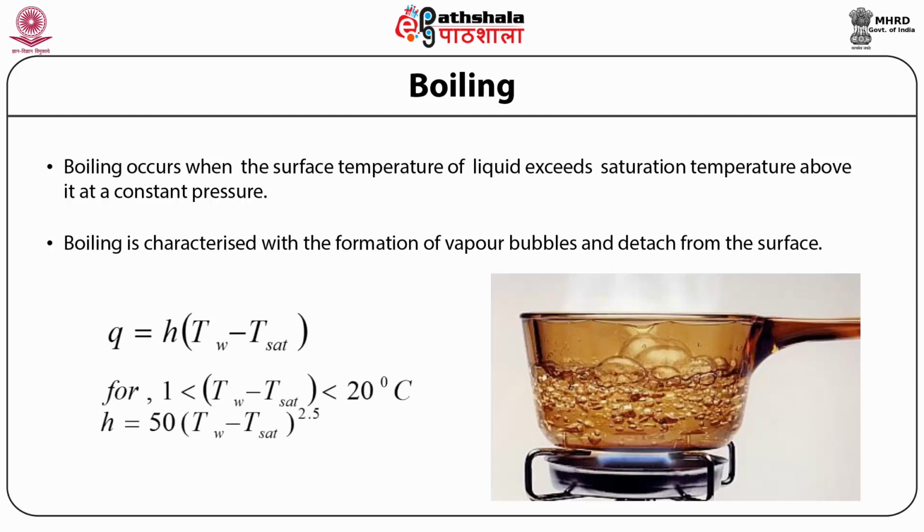For a temperature rise up to 20 degrees Celsius, the bubble formation does not take place. That means the bubble formation starts only after a 20 degrees Celsius temperature rise. So, heat transfer is very fast in this case, since there is no bubble formation. The film coefficient is in the range of 1200 to 60,000 watt per meter square Kelvin at this point of time.